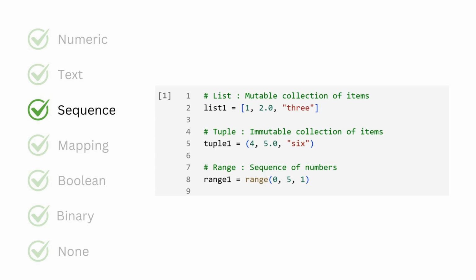Tuples are very similar to lists, but differ in one main aspect. Tuples are immutable. Elements cannot be updated after the initialization of a tuple. Range is an iterator data type. It can be used to hold a sequence of numbers. It takes three arguments: start, stop, and step. In this case, range of 0, 5, 1 yields whole numbers from 0 to 4 at a step size of 1. 5, the upper bound, is excluded. Lists are initialized by enclosing the elements in square brackets. Tuples have parentheses, and sets have braces.